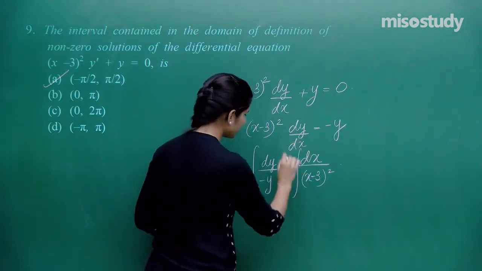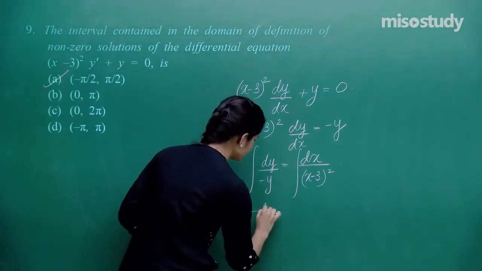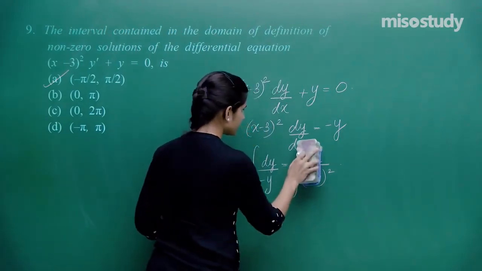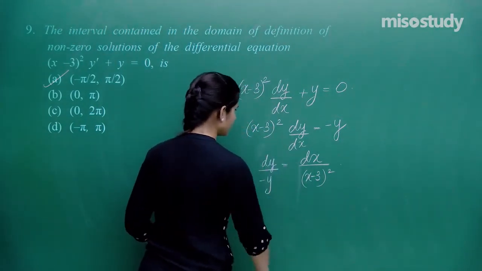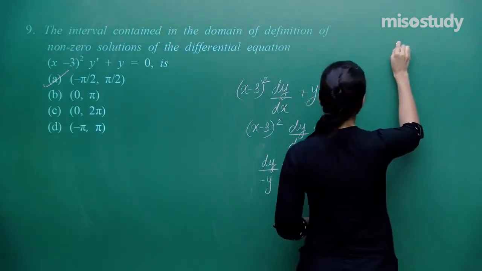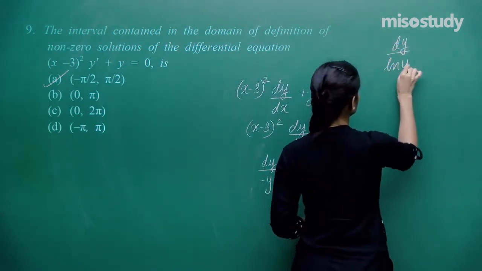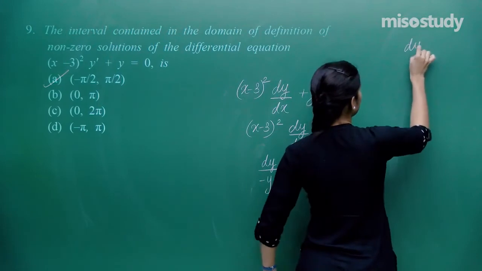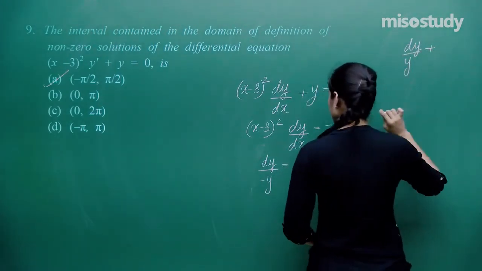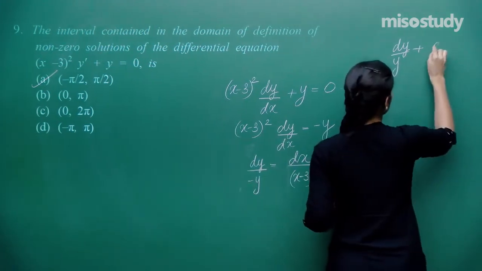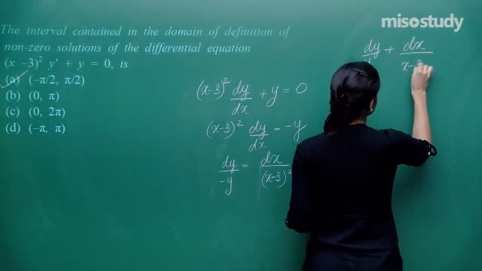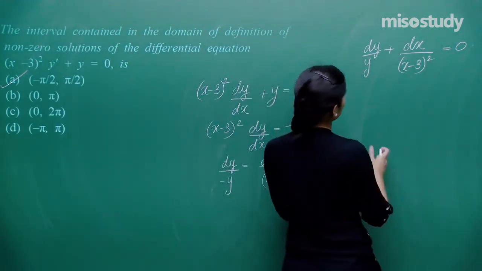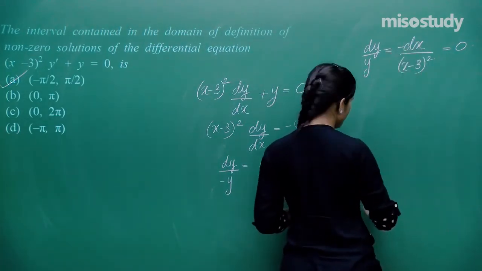Now from here if you integrate, what you get is minus ln y equals, or let me write it as, let us first write it as dy by y. What is this? Dy by y plus, because I am taking it over here, dy by y plus dx by x minus 3 whole square is 0. So when you integrate, or even if you integrate by taking it to the other side by keeping a minus sign at some end,